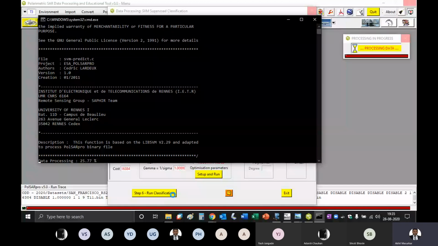Okay, 25%. Yeah. So if you have done this, just post the picture so that I can check it. Let us see whether the classification accuracy improves or not.